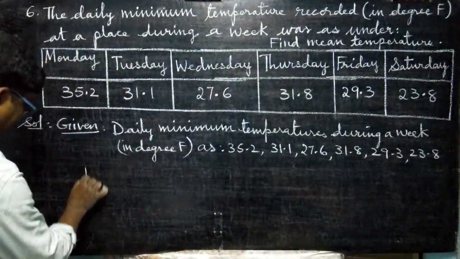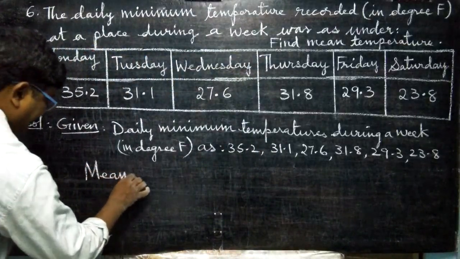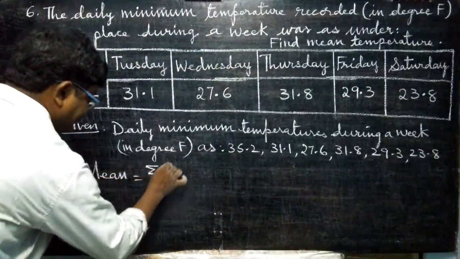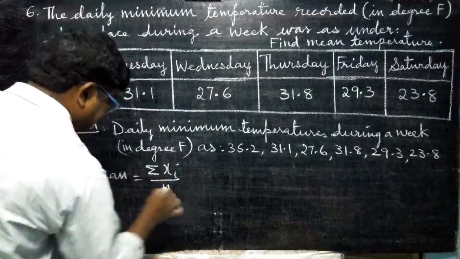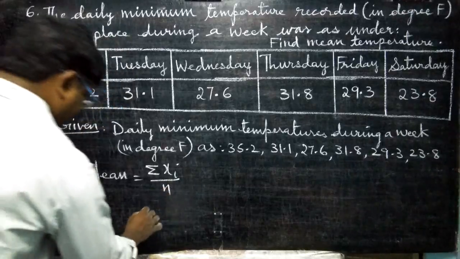Now they are asking to find the mean. What's the formula for mean? Sigma xi by n, that is equal to,